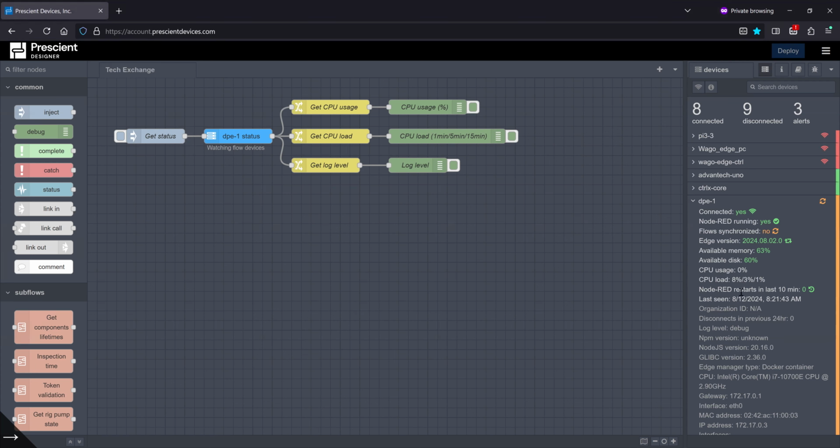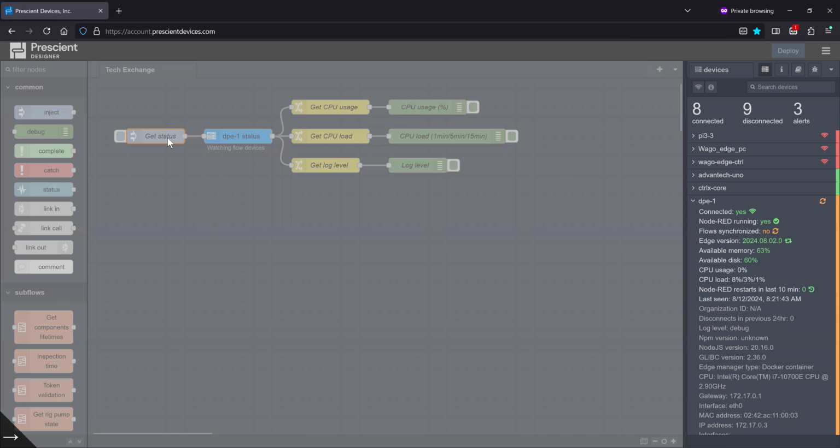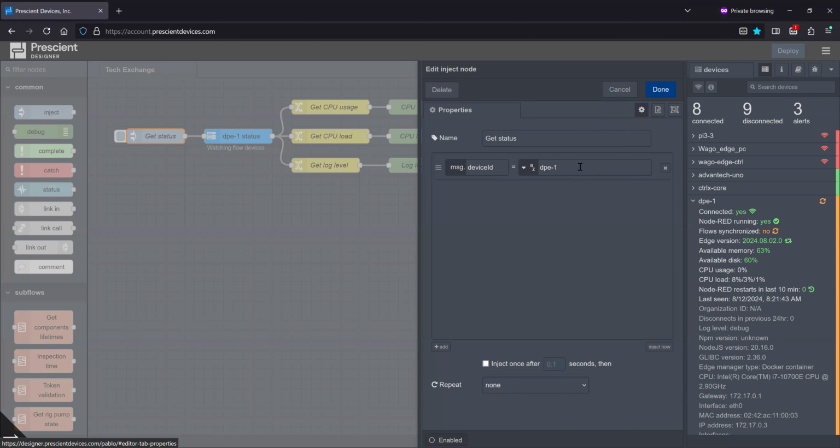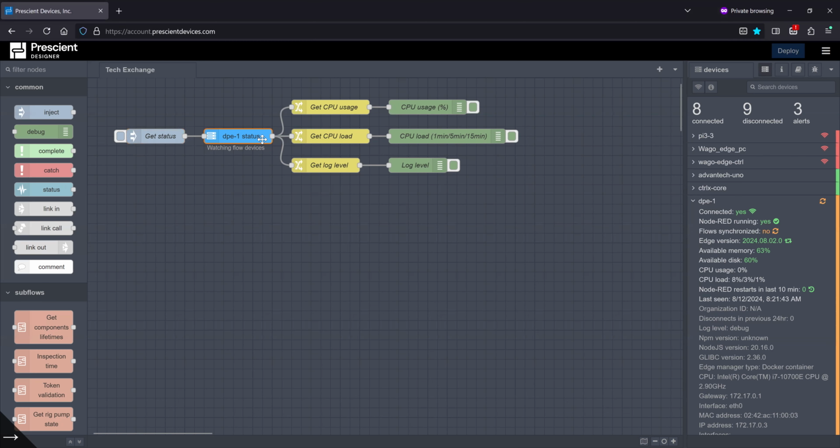And of course, just like any part of the status or device information that you see here in the device card, you can get it programmatically with our device status node, which you see here on the left. And in this case, I'm just requesting information from this device DPE1. This device status node is